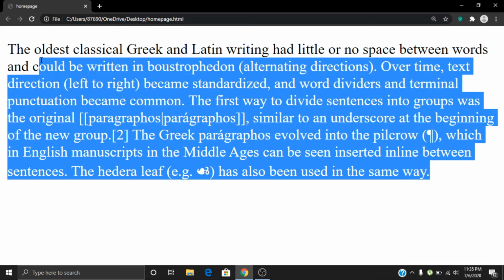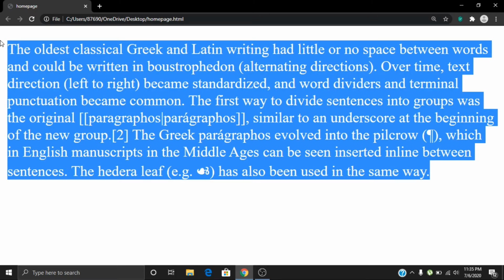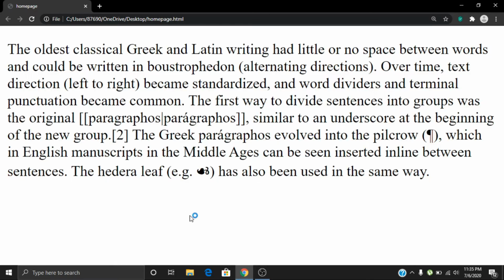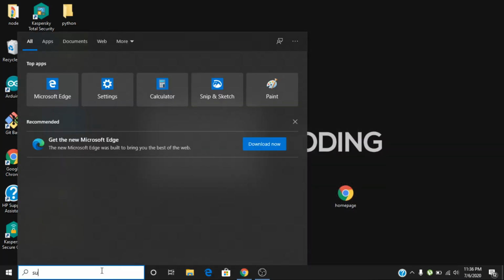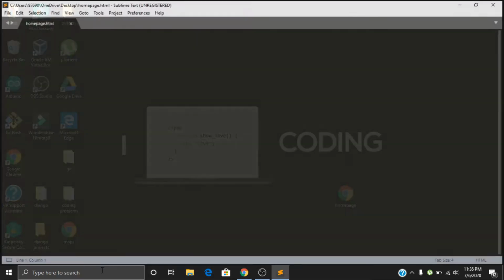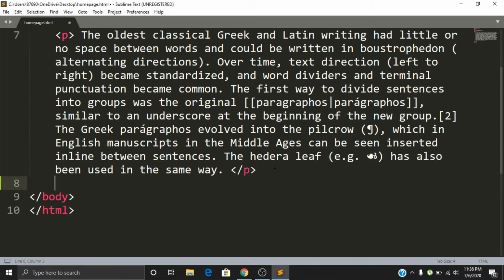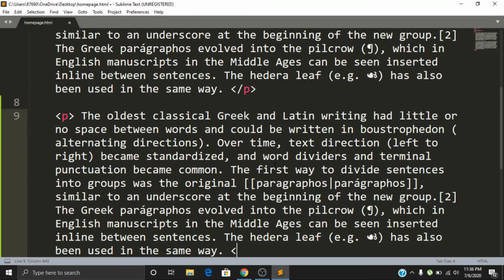So this is our paragraph that is aligned due to the paragraph tag, and this is how we give paragraphs in our HTML document. So let's use another paragraph tag and paste this same paragraph inside it, that is the second paragraph tag, and let's see what happens.